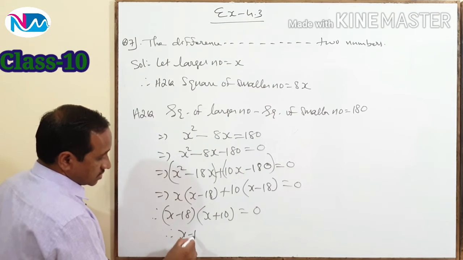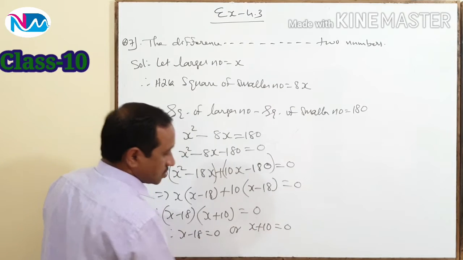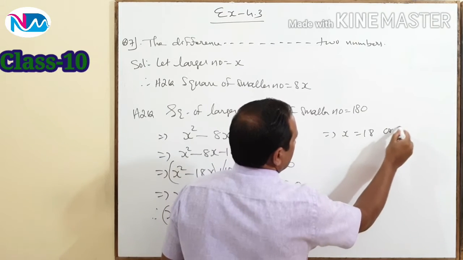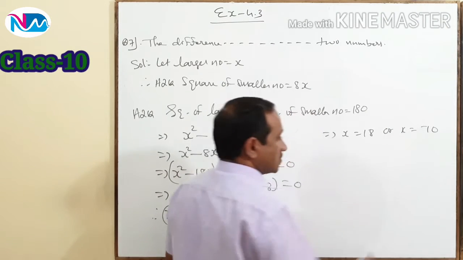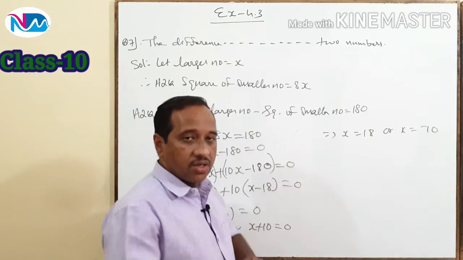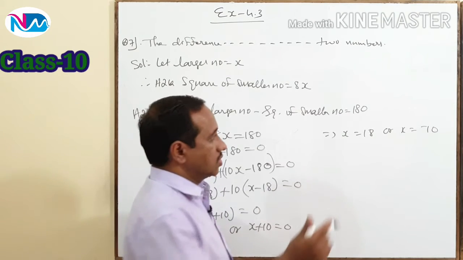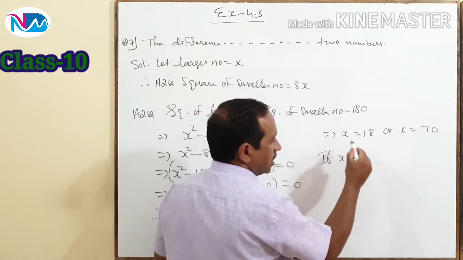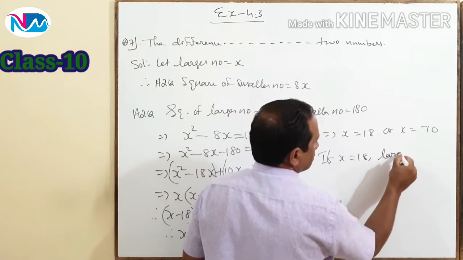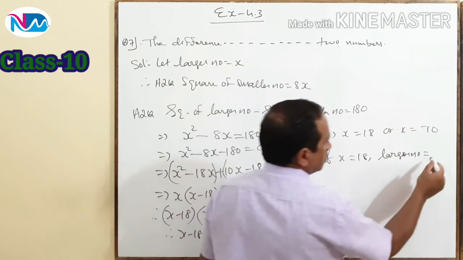From this, x minus 18 is equal to 0 or x plus 10 is equal to 0. That gives x is equal to 18 or x is equal to minus 10. So here we are getting the two values of x. First one is 18, second one is minus 10. So if x is equal to 18, larger number is equal to 18,